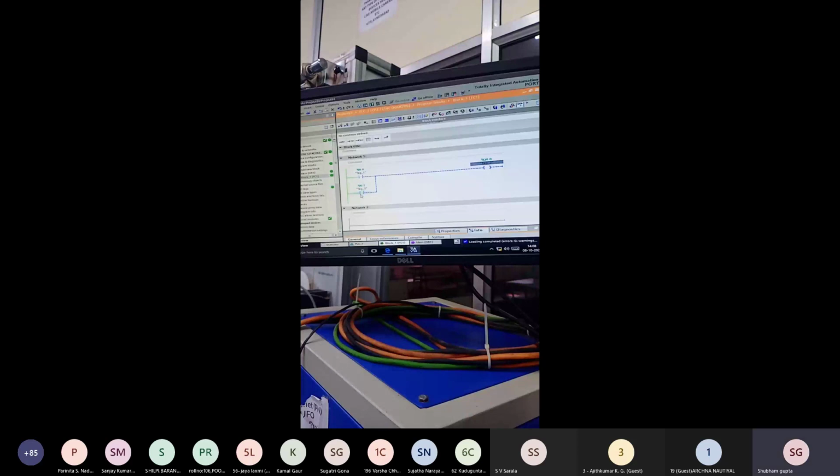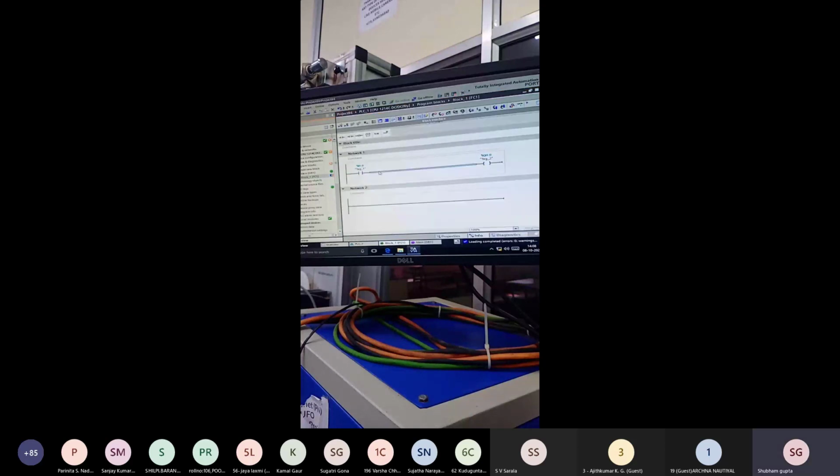S1 and S2 in parallel, and S3 in series with them. So I0.0 and I0.1 mean switches S1 and S2 in a parallel condition, and we attach I0.2 for S3.